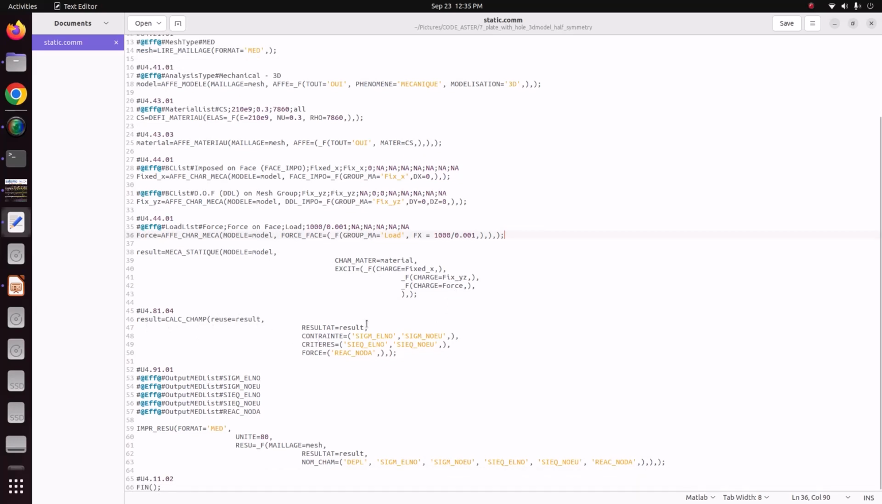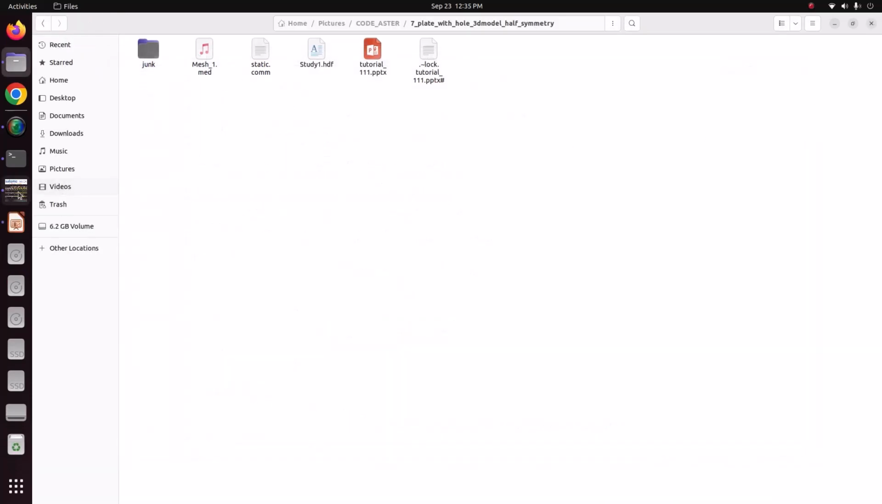So calcsham will calculate all the results, and IMPR resu will save the results in decide format. So finally fin, it will close the solver. So now our command file is correct. Now just close the command file. Now go to Salome